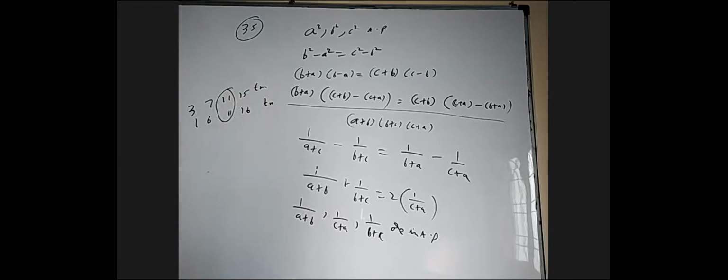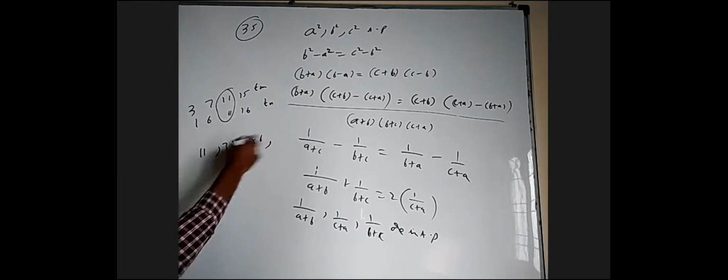But I want to show something. 11 is the first common term, you can see. Here, if you want to get further terms, you are adding 4. Here, if you want to get further terms, you are adding 5. When you keep on adding any multiple of 4, you'll get terms in the first sequence. When you keep on adding any multiple of 5, you'll get terms in the second sequence. If you want a common term, you have to add a multiple of 4 and a multiple of 5, which is a multiple of 20. So obviously, the next one is 31, the next one is 51.